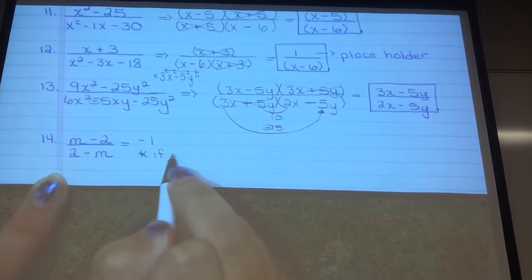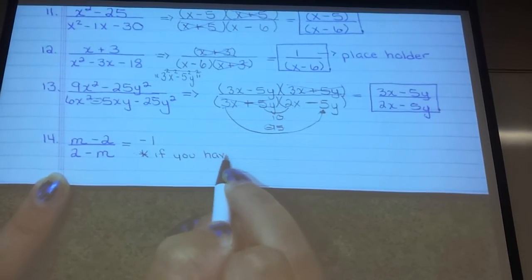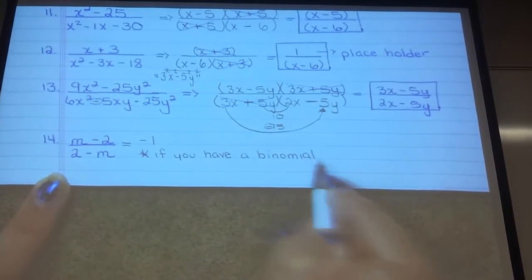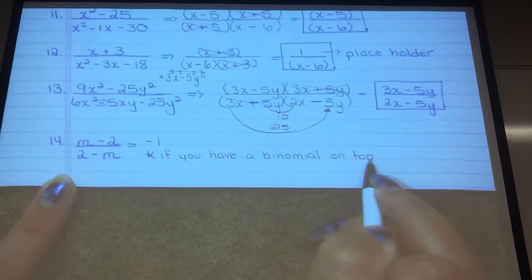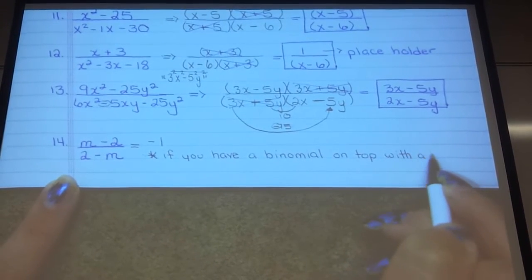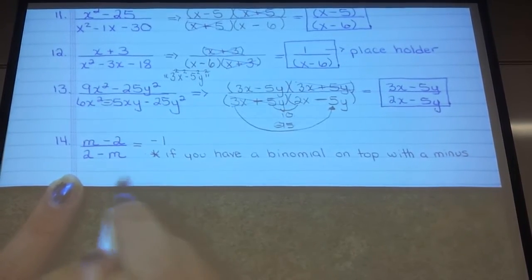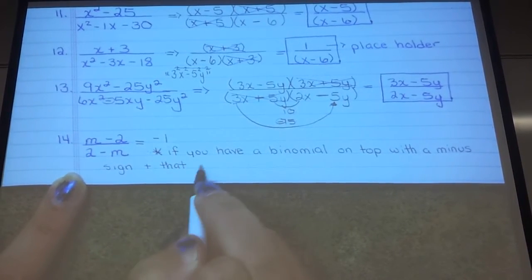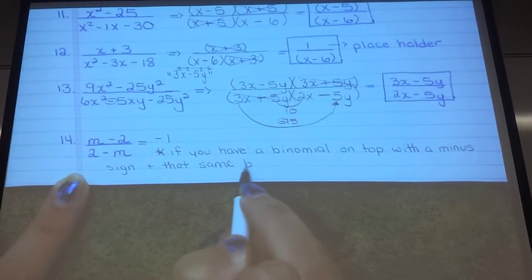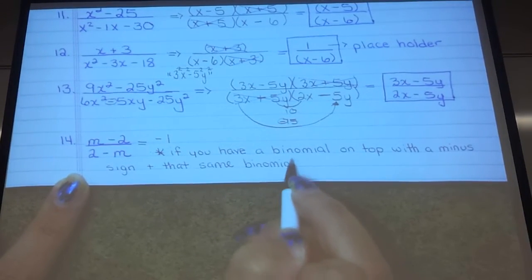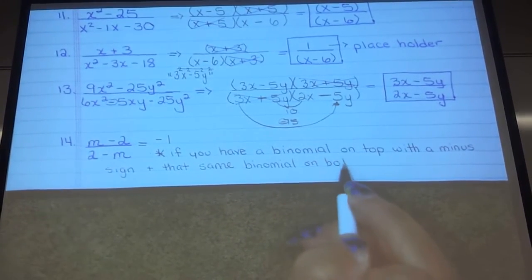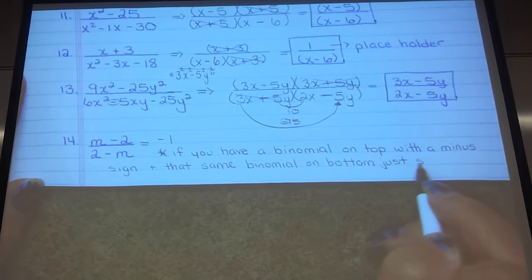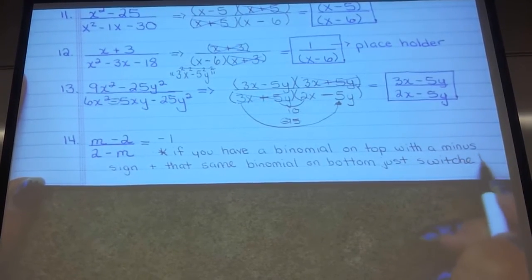If you have a binomial, that's just the expression, on top with a minus sign, and that same binomial on the bottom, they're just switched, the whole expression